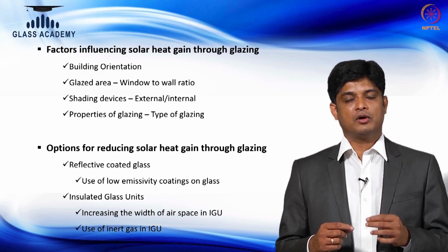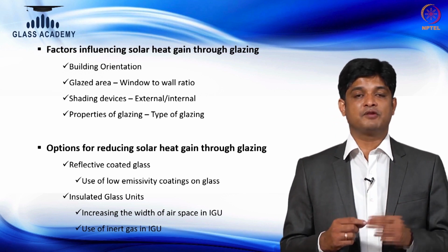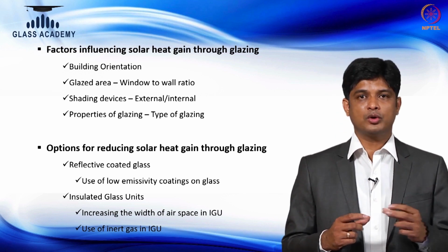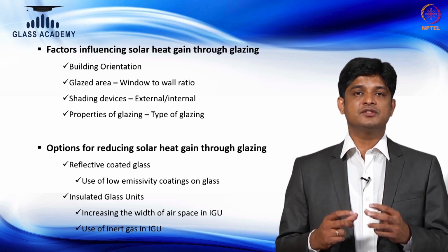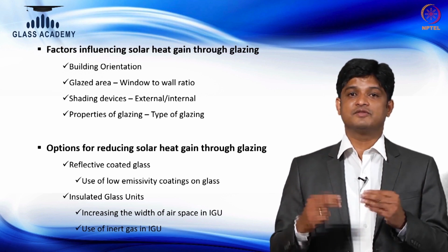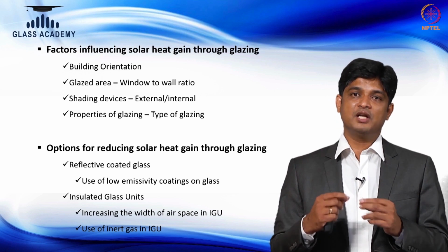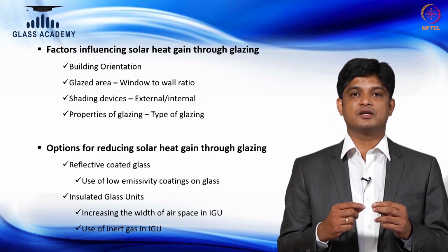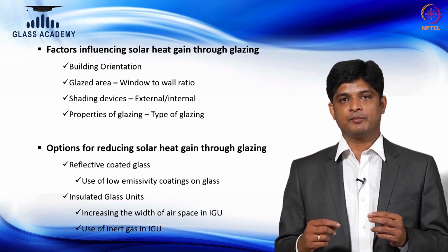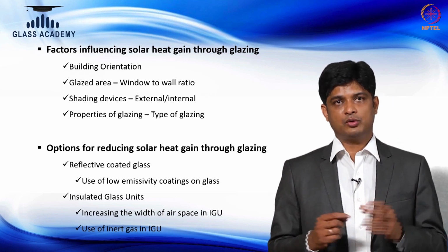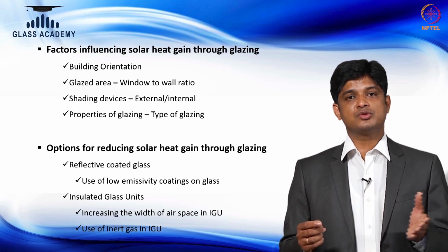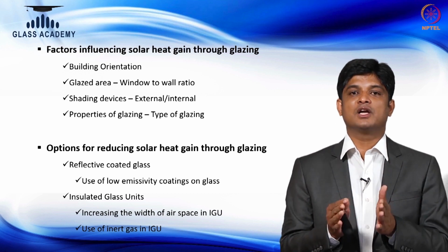The first option is, you can use the coatings, the reflective coatings, whether it can be an online coating or an offline coating. But the current generation offline coating has developed a lot, and very precise solar factors can be achieved based on the type of building. So ideally you can use reflective coating, which can again be used in an insulated format. Ideally it's called a double glazing unit.